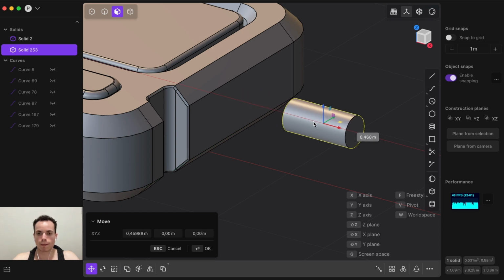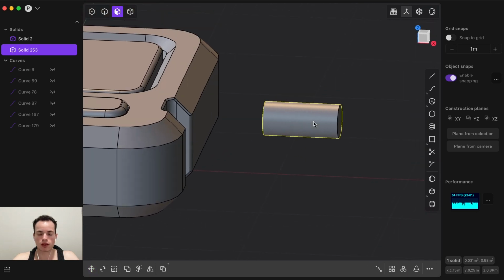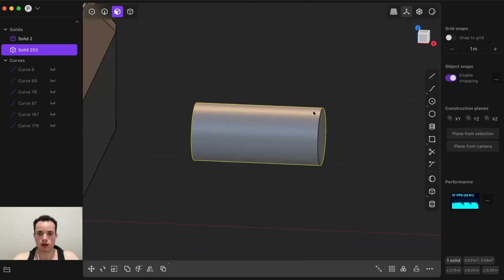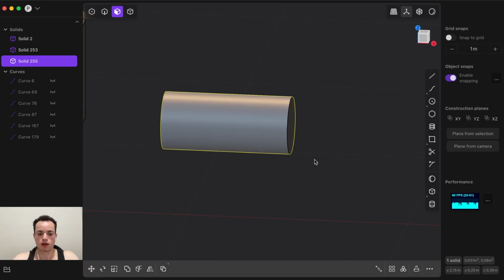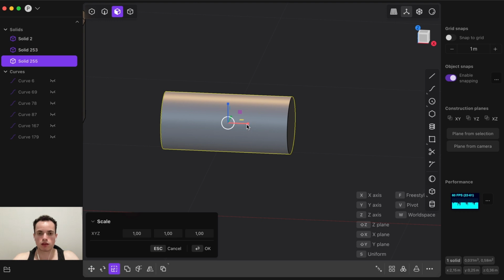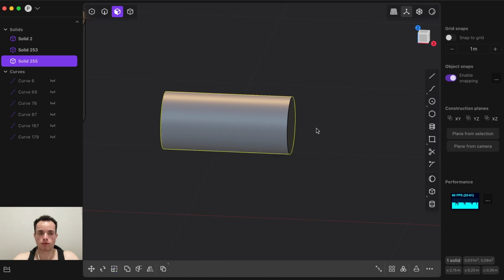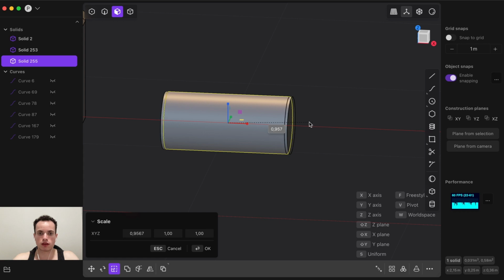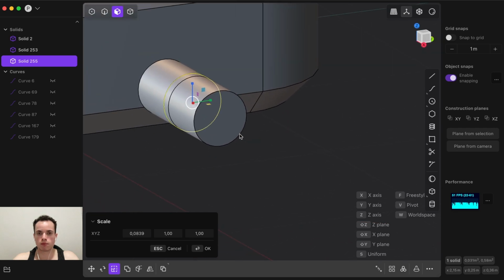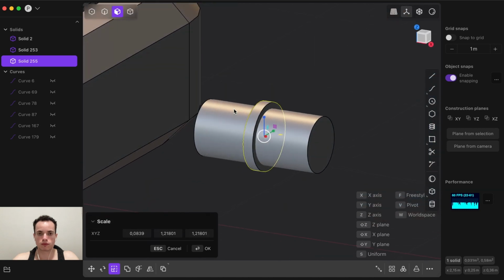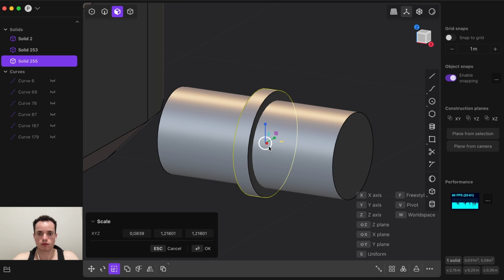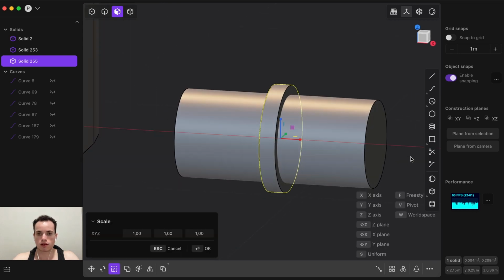GX, like this, enter, and now I'm going to get my cylinder, Shift D to duplicate, escape, S to make it smaller like this, S and SX, smaller like this, and bigger on the other side here. Enter, SX,